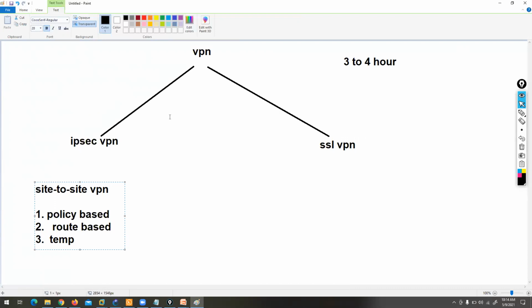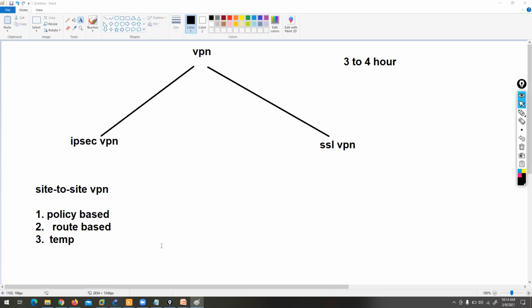Template-based. Okay. So, I have to leave now. Yes, Kiran, you can go, no problem. I will send the recording. We will continue the topic from next week. Yes, Kiran. Okay. Hello. So these are the options. Okay, now. So the option is what? We in IPsec. Abhishek, can you hear me? Hello. Yes, Abhishek. Any question?